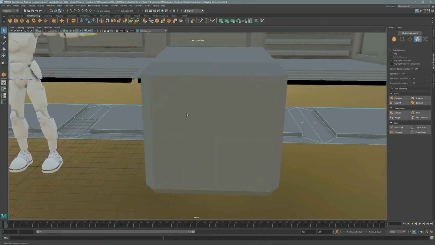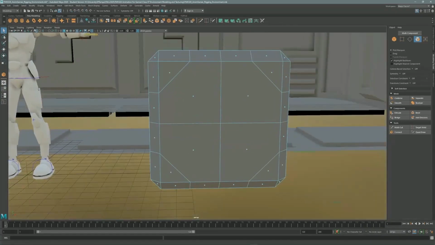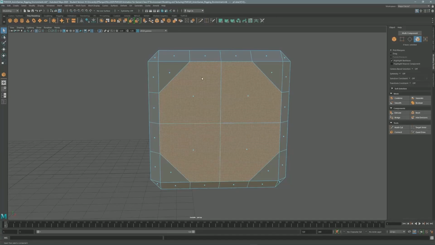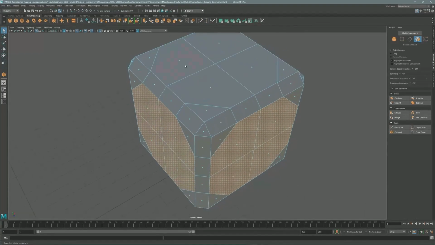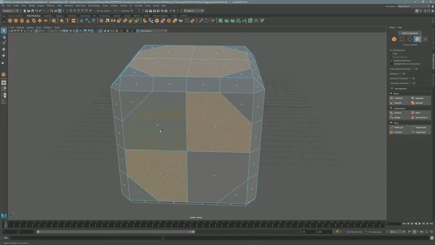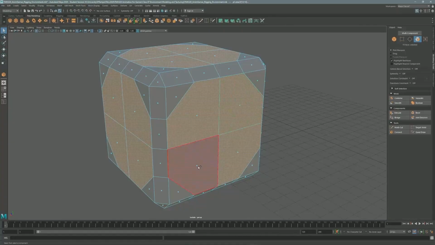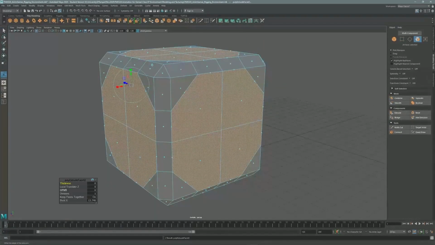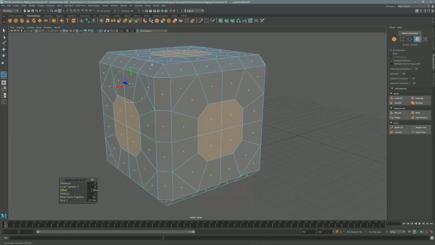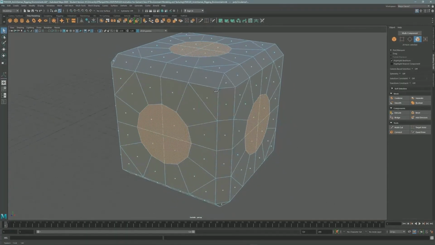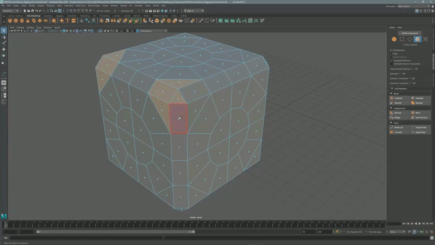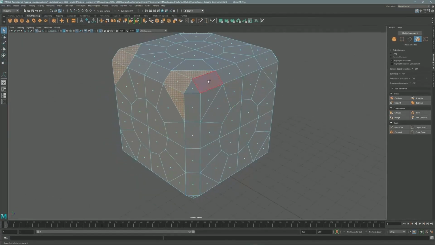So in the face mode, let me isolate this because I was having some problems selecting the faces. So I'm selecting those circular areas here in the center, and I'm gonna extrude with an offset, and then I'm gonna circularize. And now I'm gonna select that interesting shape I created in the corners. So I'm gonna select all the corners,